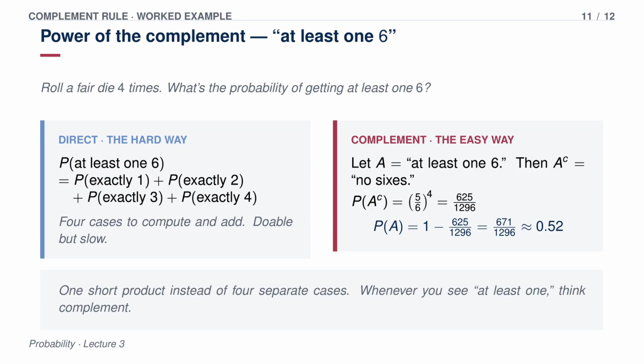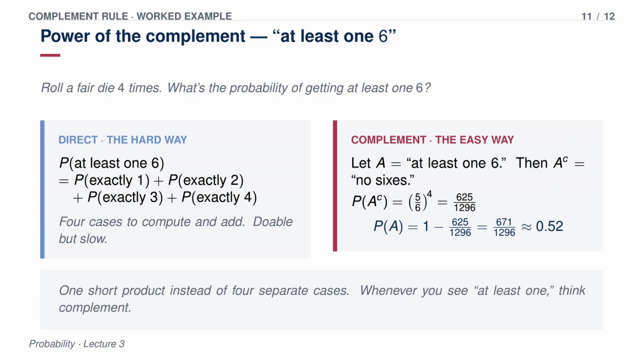It is. But if we use the complement trick, the entire problem just collapses. Let A be the event at least one 6. What is the complement? The exact opposite of getting at least one 6. Well, it would be getting absolutely no 6s at all across the 4 rolls. Precisely. We just need to find the probability of getting 0 sixes. On any single roll, the chance of not getting a 6 is 5 out of 6. Because there are 4 independent rolls in a row, we multiply that probability out. 5/6 times 5/6 times 5/6 times 5/6, which is written as (5/6)^4.